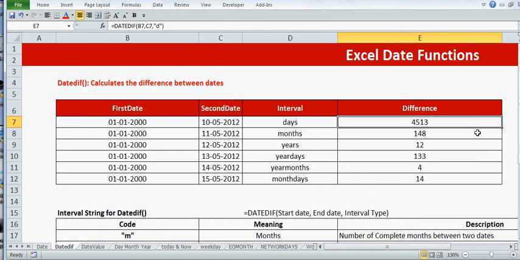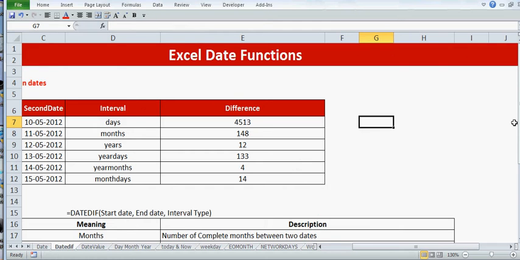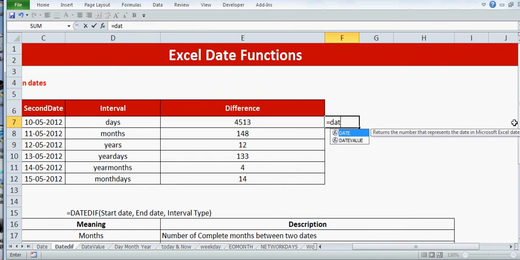So how to use the DATEDIF function? Let me show you now. Equal to DATEDIF. See, you are not getting any help from Excel as far as this formula is concerned, but it is widely used by Excel gurus, and now even you have learned the trick.